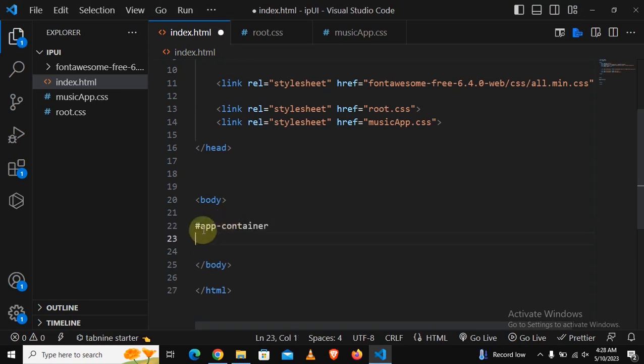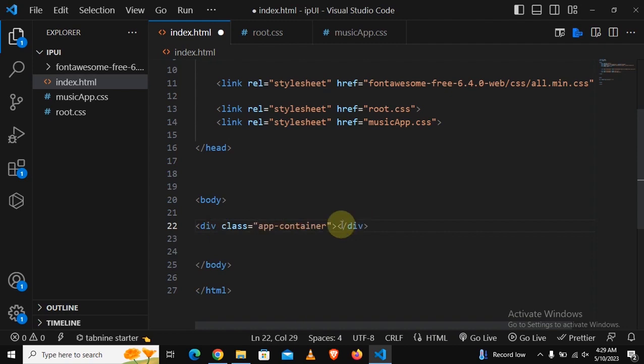Okay, doesn't work at the moment, that's not much of a problem. And then let's create a div, a div with a class of